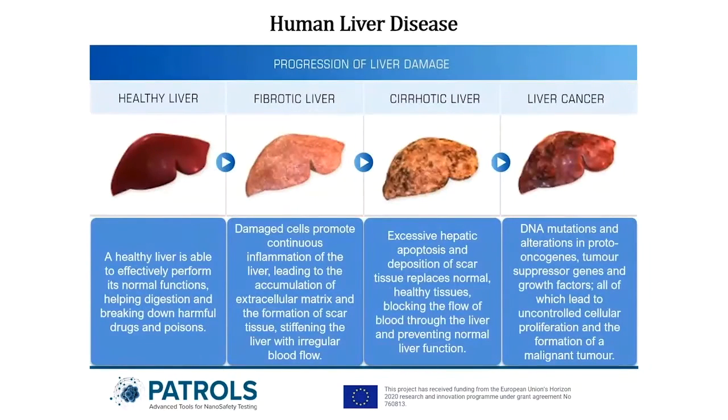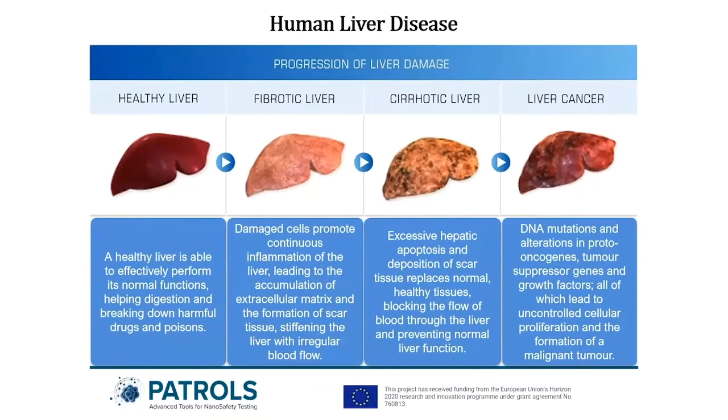Whilst it is known the liver can regenerate, even back to its full size from as little as 51% of the original mass, there is only so much damage that it can take before the progression towards permanent liver disease begins. So for example, this slide demonstrates the progression of liver disease from a healthy liver all the way through to liver cancer. So it begins with a healthy liver that is able to effectively perform its normal functions, helping